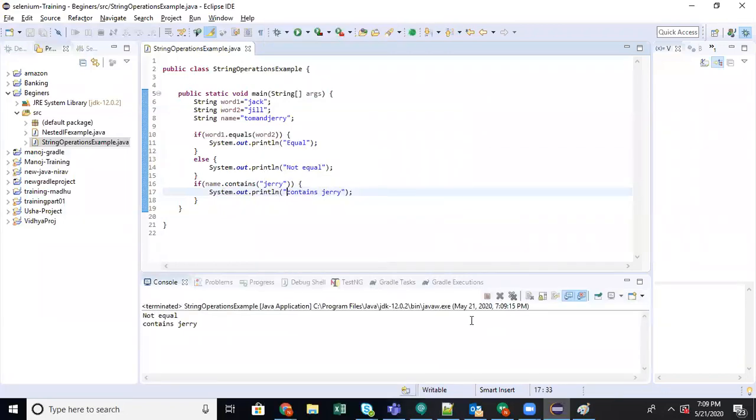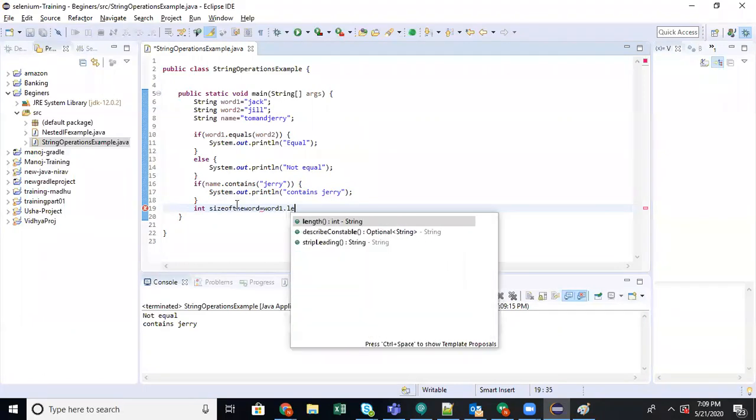See, got it? Now, this is the comparison. The next thing we are going to learn is how to find the length of the string. Length is a number, so it will be saved in int, the size of the word. The variable name can be anything. For whichever string you want to find the length, use that string dot length.